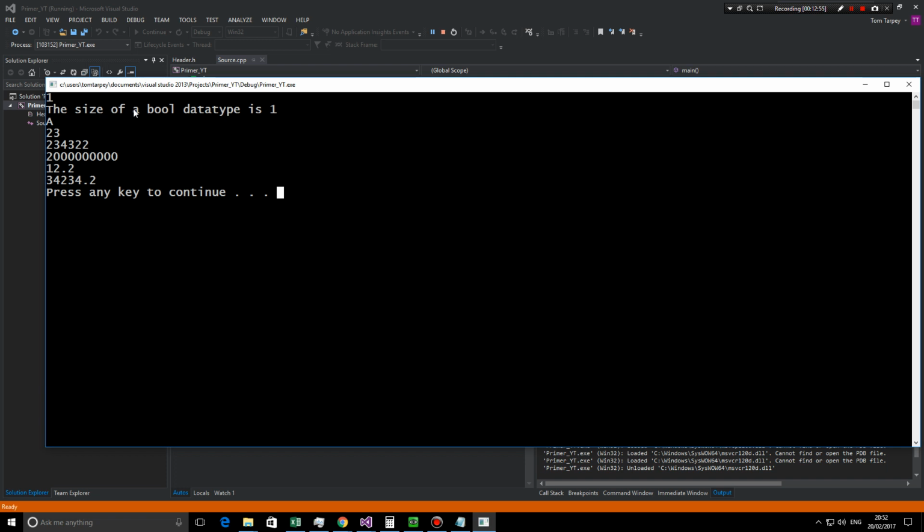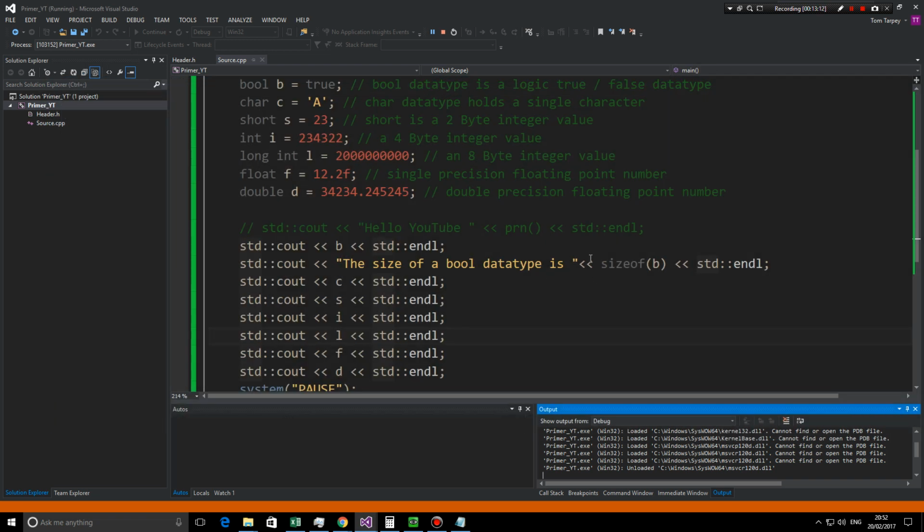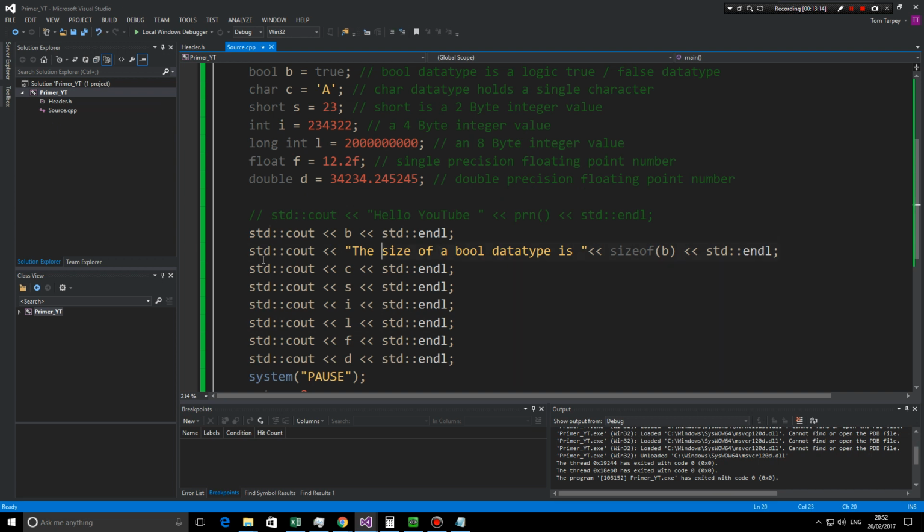Funnily enough, wow, it uses 1 byte of data, so 4 bits to hold that. It doesn't need to. So it's basically using a char type, I believe. I'll check in a second to find out. But if I now just keep a copy of this like this and fill in for each of these,